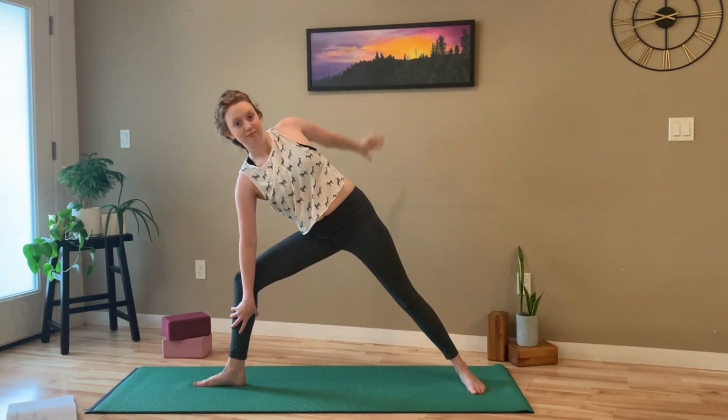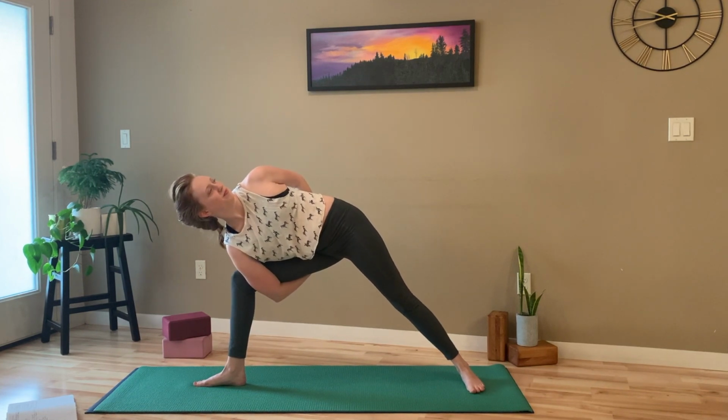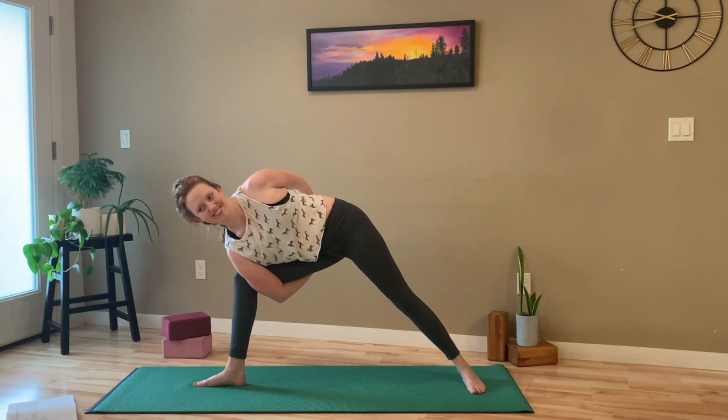Your right arm will wrap underneath your thigh, your left arm will wrap behind your back, and you'll try to get your fingers to clasp. If you can't do this, totally fine. Binds are a really great way to open up your heart, but there's so many ways to open your heart,